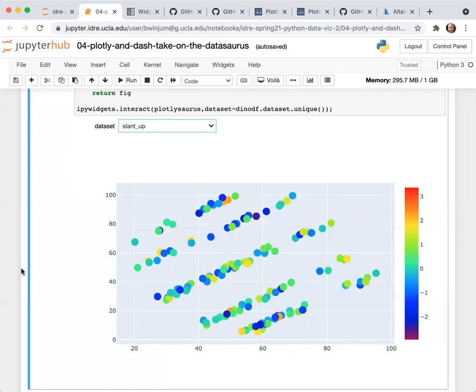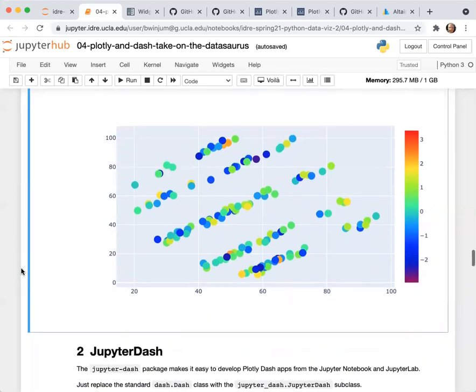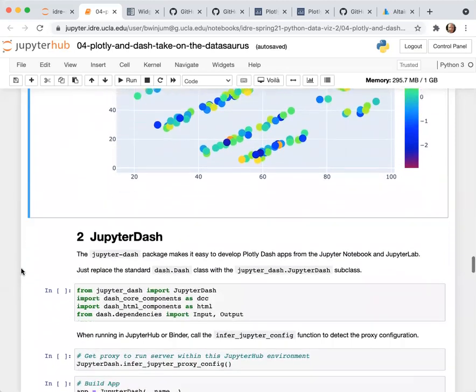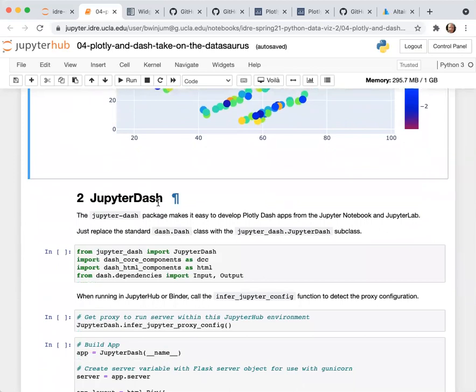So I've showed you Plotly, and I mentioned shortly before that Plotly also has the dashboard product. Jupyter Dash is,